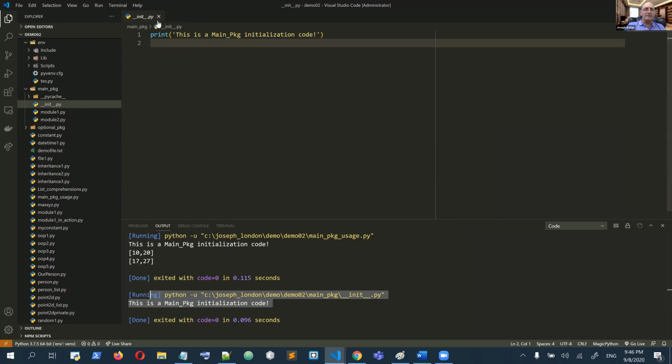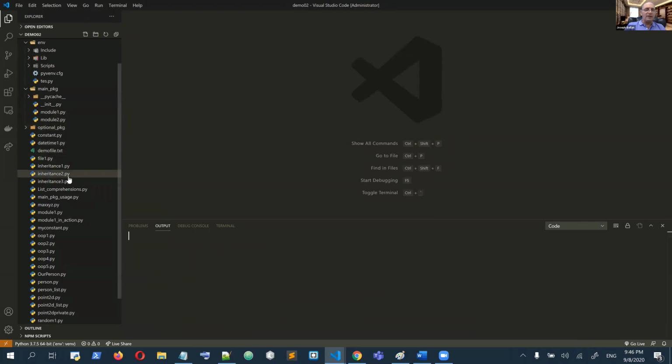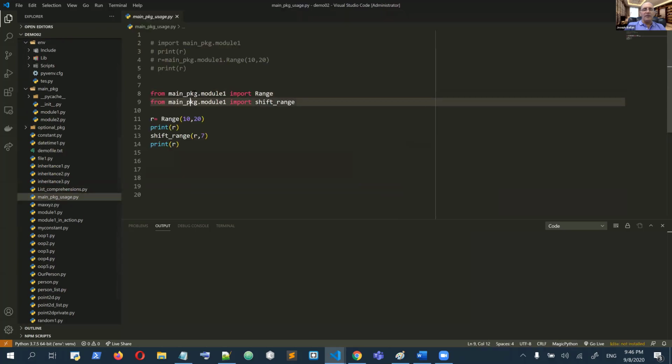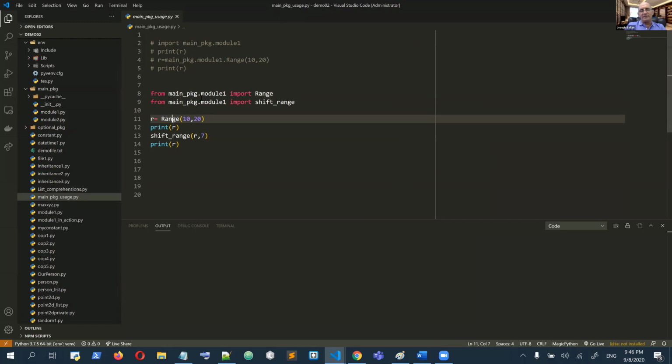Now, when I use it, there is a Python file here that is going to use our package and modules. So this file accesses the range and the shift range, imported them to the user table, and initializes